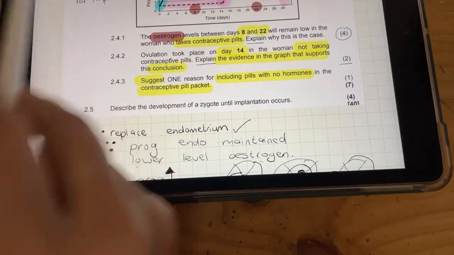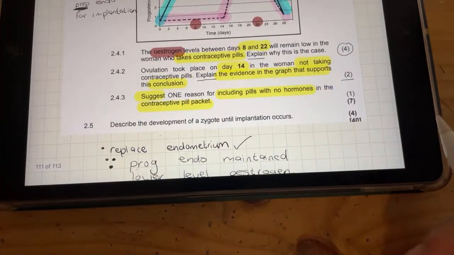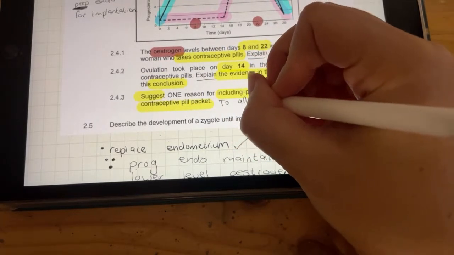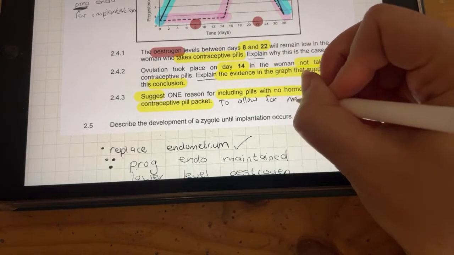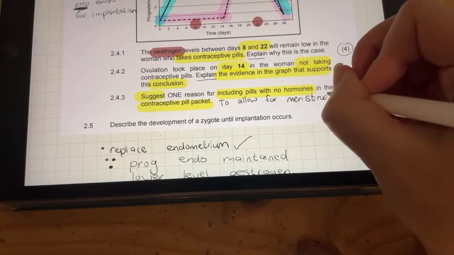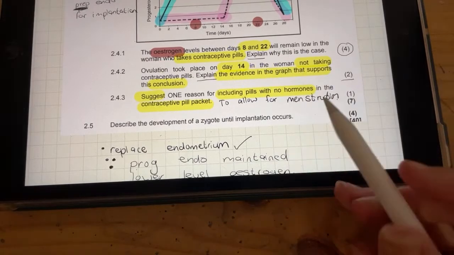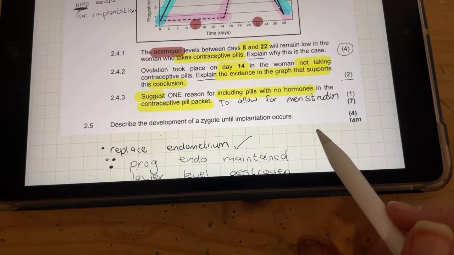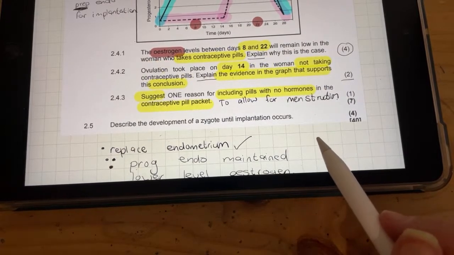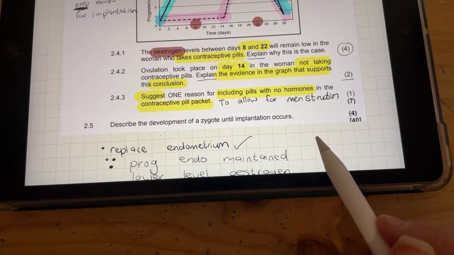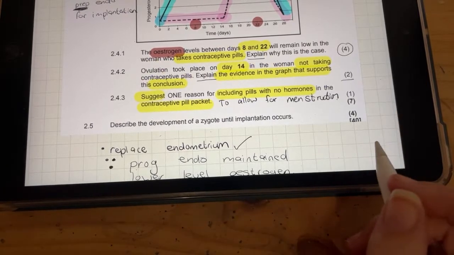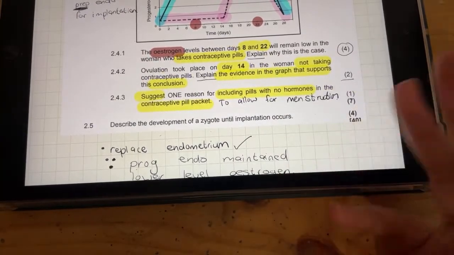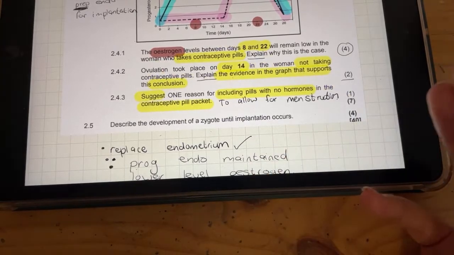And probably the majority of people would write, and it's not wrong to write this, something like to allow for menstruation to occur, right? Maybe something like that. In other words, not to allow the woman to menstruate, to bleed, to have a period. You could say any one of those words would be applicable. And then for her to grow a new lining the next month. In other words, to follow a normal cycle. And that's all you have to say. You don't need to elaborate any more than that. It's just suggesting a reason.